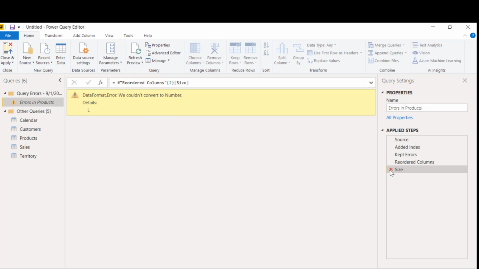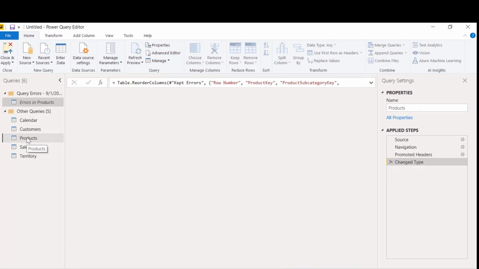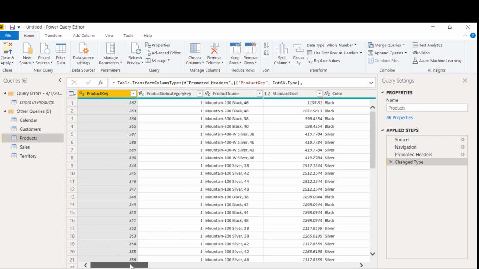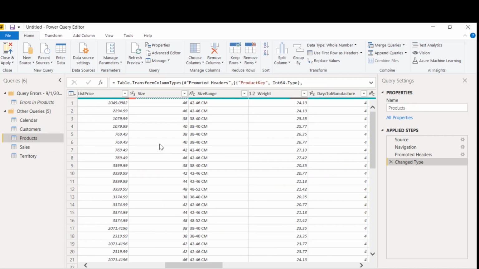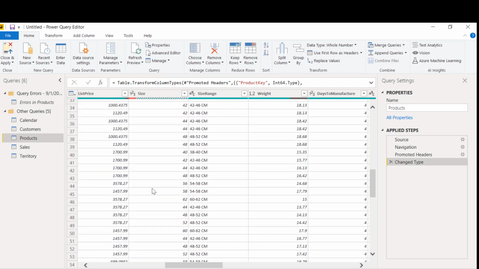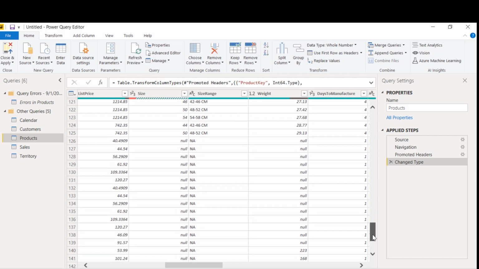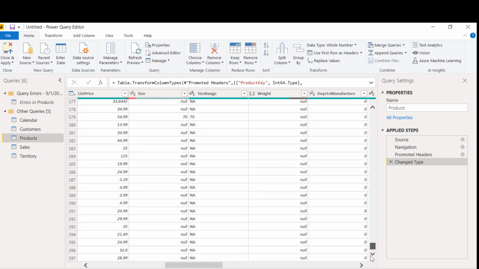All right, so we go back into the products query, and then we look at the size. As we can see, Excel is unable to detect the size because some of them are numbers like 44, 46, 38, 40. But along the way, when the new data is loaded, you will realize that some of them are nulls and other values are,